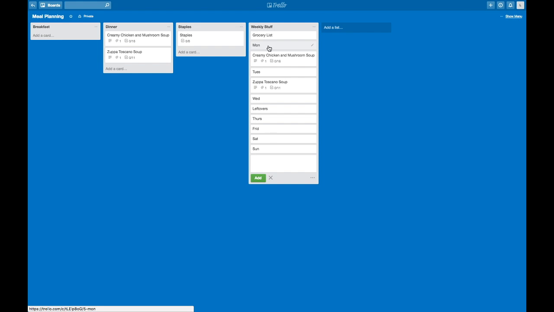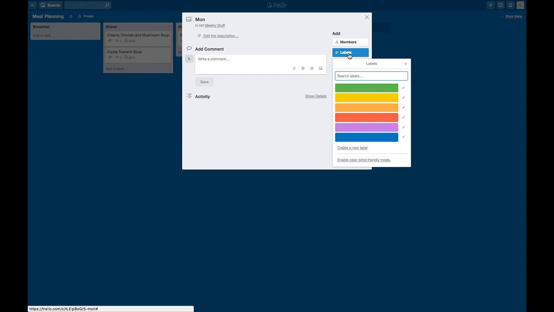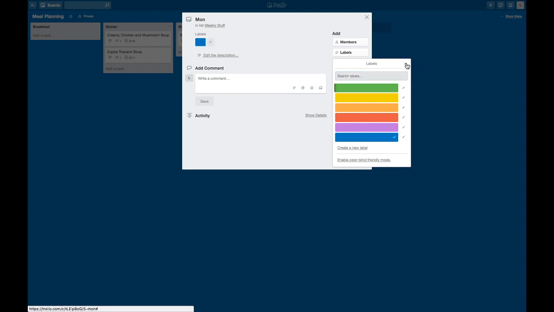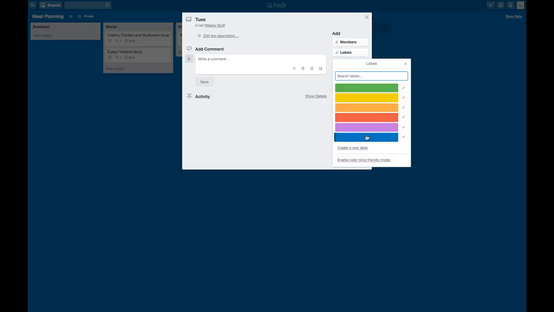So one way you can work on that is you can go into, say here on Monday, they have this cool feature where you can add labels, and there's several different ways you can use it. But in meal planning, I like to use it to help me organize visually what I'm seeing. So let's make blue the color. So I've made the label of Monday blue. You can see here it's kind of made a divider. So if I go through and do that on every day,